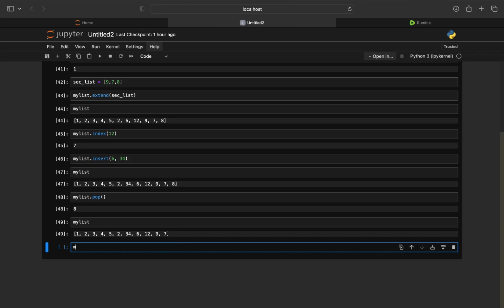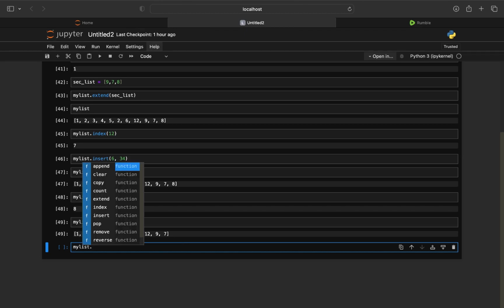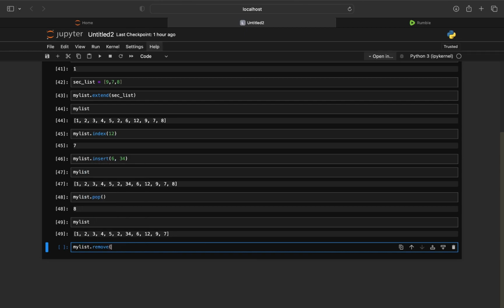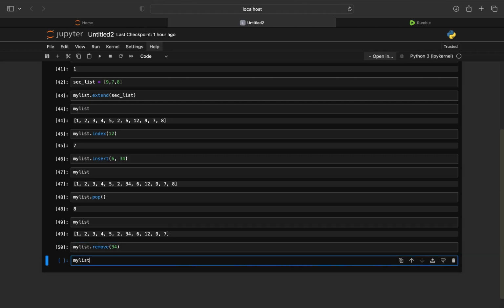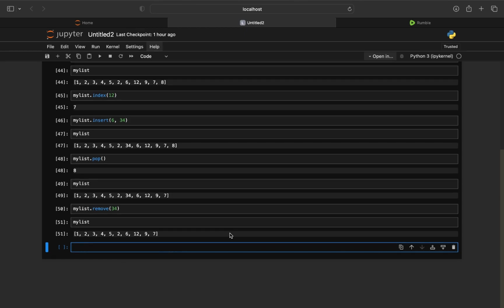Now check the next function, which is mylist.remove. The remove function means removing an element. Removing an element means if I want to remove any specific element, I will use this function. Like I want to remove 34, then I will write 34 in the parameter of the remove. Then it will remove that value from my list. Okay. Now I will check. If I check, there is no 34 in that list. Okay. Now